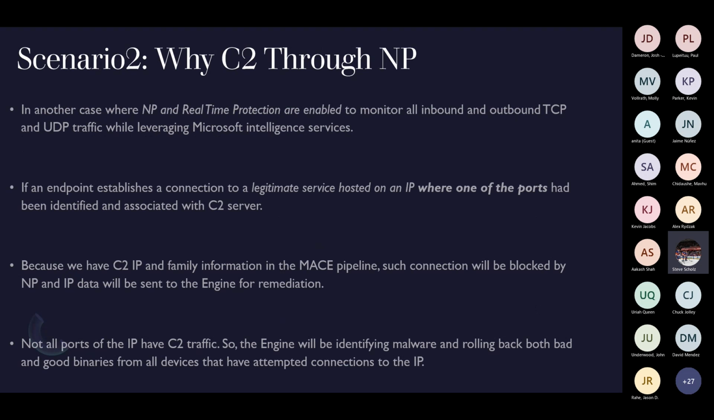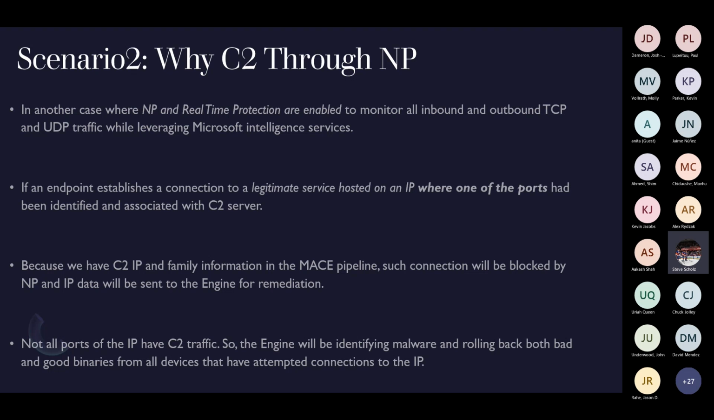So what are we changing? What we're doing is, where network protection and real-time protection are enabled, we monitor all the inbound and outbound TCP and UDP traffic while leveraging Microsoft Intelligence Services. So this is where we're actually going to get that additional information from. If the endpoint establishes a connection to a legitimate service hosted on an IP where one of the ports has been identified with a command server, because we have both the C2 IP address and the family information in our Mace engine,